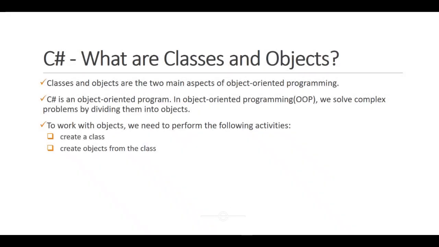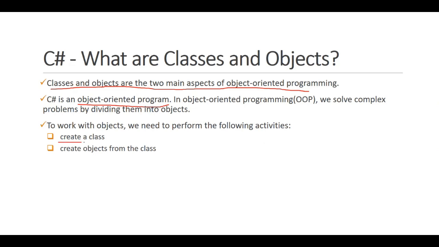Yes, classes, as we said, classes and objects are very important in object-oriented programming. Classes and objects are two main aspects of object-oriented programming, and C# is an object-oriented programming language. And in object-oriented programming, we solve complex problems by dividing them into objects. And here, important